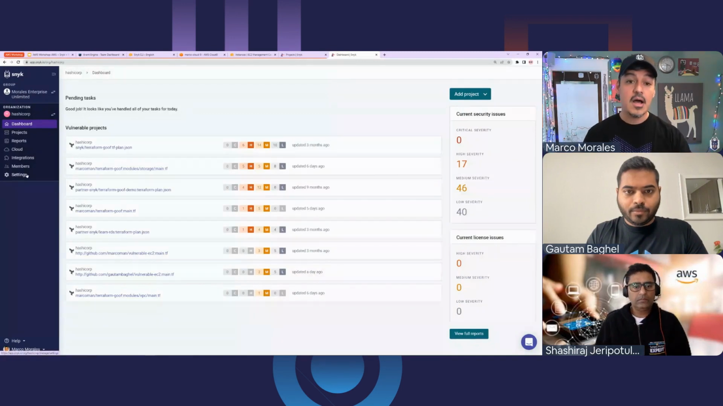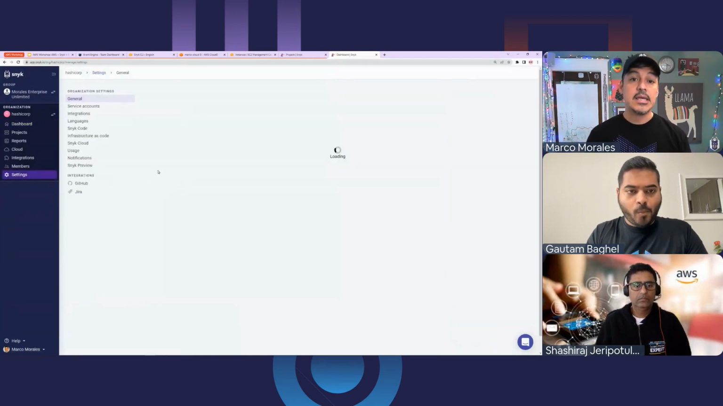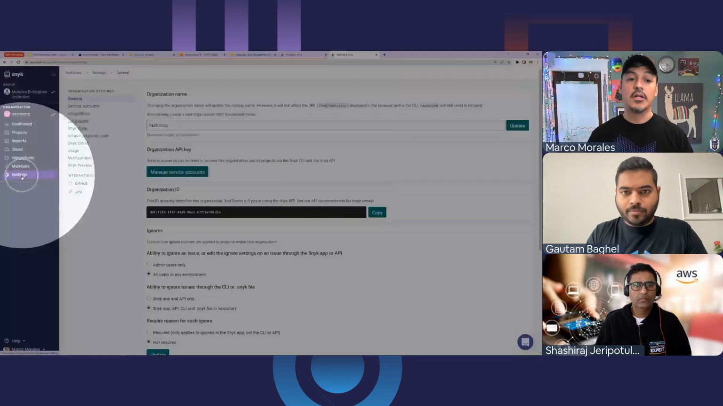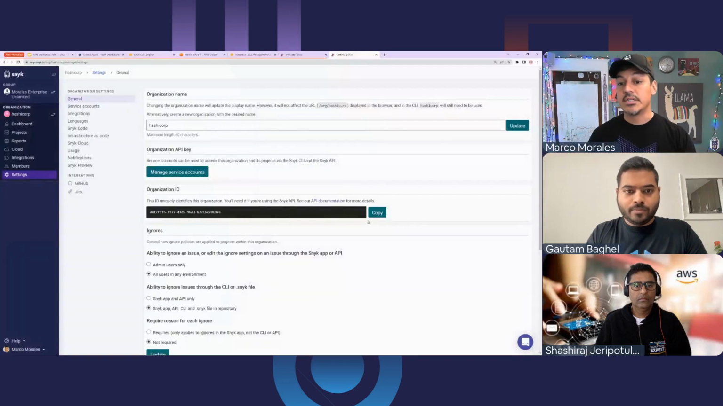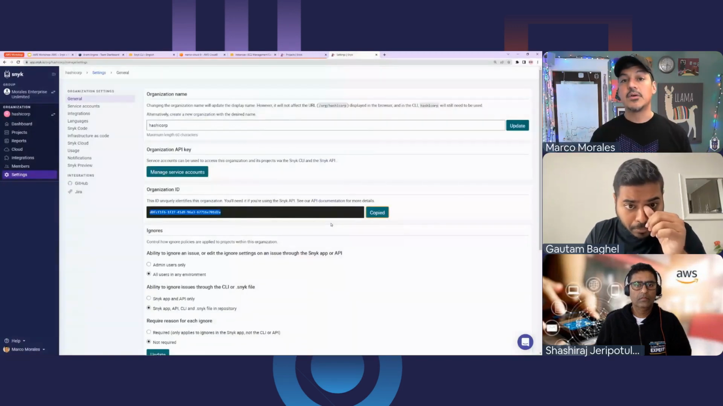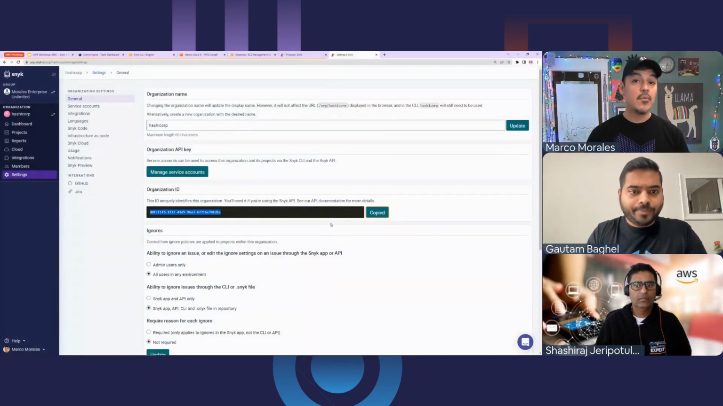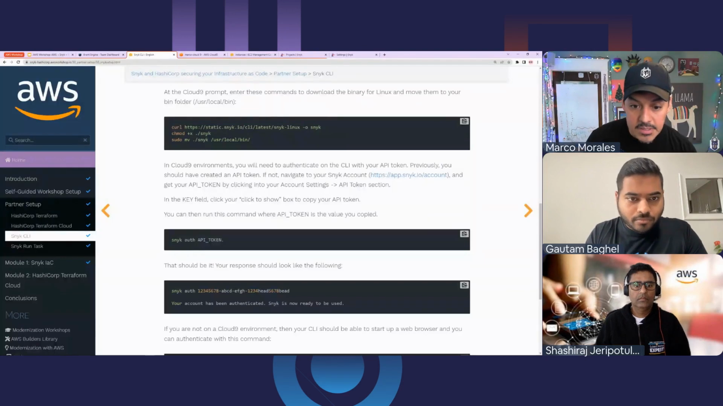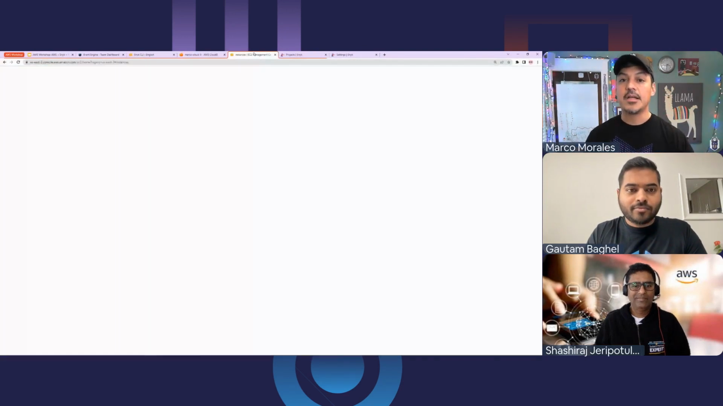From here, one of the things I'll need to do, as a person that's using Snyk, is click into your settings page over on the left and get your organization ID. This is the ID. So every folder, if you want, has a UUID. And what I'm doing here is I'll do the Snyk auth API token. Sorry, I spoke too quickly. The API token is